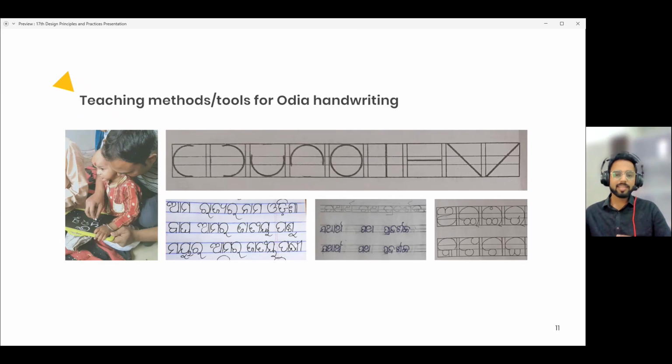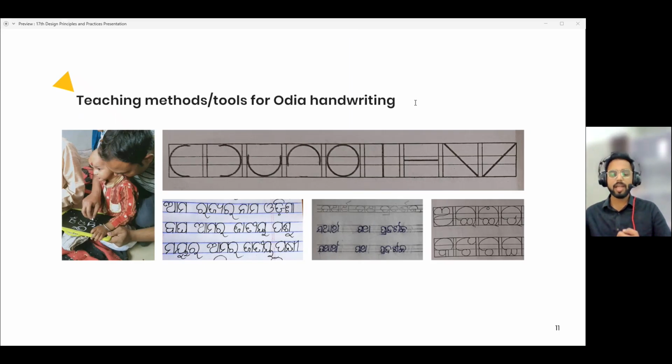So while looking at the teaching methods, it was revealed that Odia script lacks a systematic and standardized curriculum to teach Odia letter form writing to children. In some cases, children were taught with handheld guidance during writing, whereas in other cases, the letter forms are just shown to them through either a poster or on a blackboard or a whiteboard, and they're just asked to replicate them. Even the handwriting practice materials, the books which they use to practice handwriting, are not standardized. Some provide two-line grades, some three-line grades, some four-line grades.